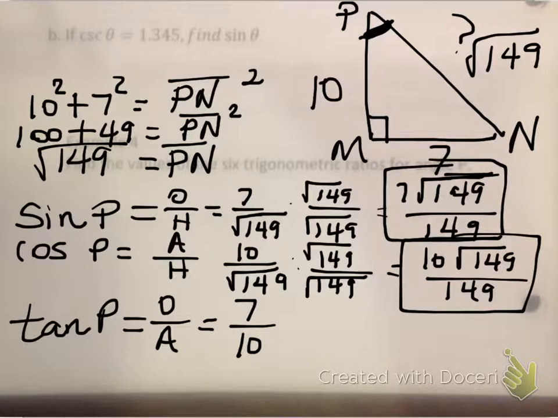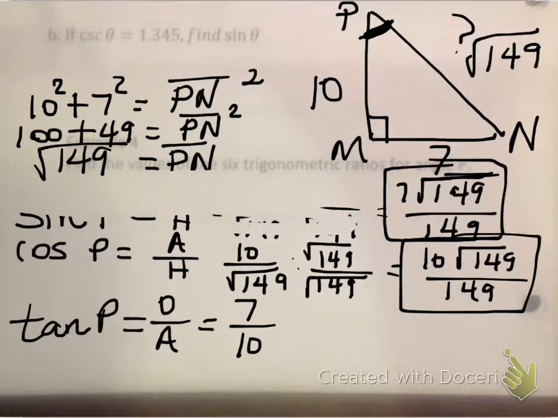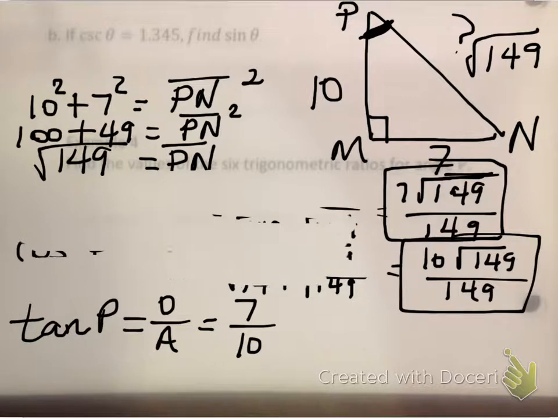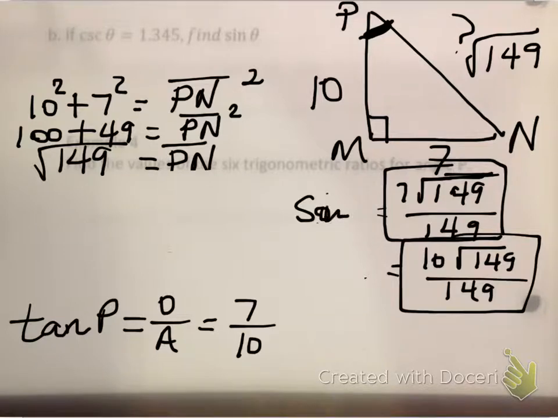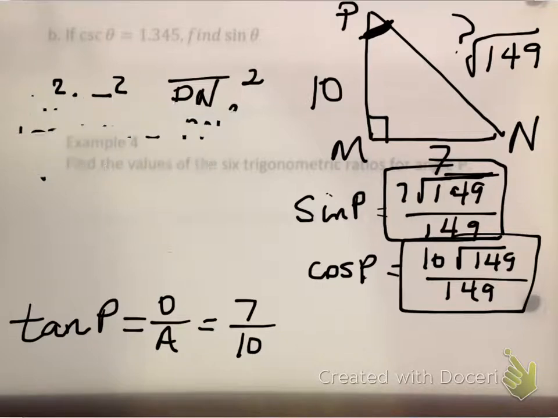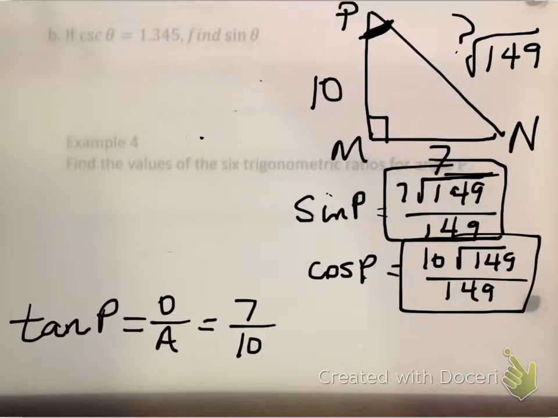Okay, I've run out of room, so I am going to erase some of this. I'm going to leave these answers here because I can use them as a shortcut. This was sine of P, and this is cosine of P. Okay, so we're going to find the other three. And since we've already done all of those, the other three should come in really handy. It should be really easy. The other three I need to find